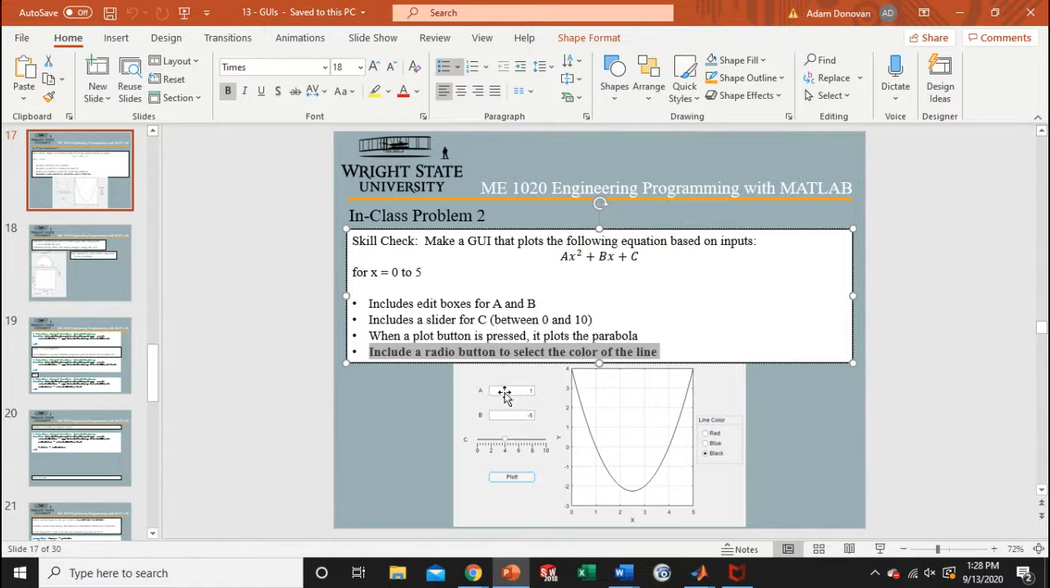And the way I want you to test this is to put in these values: 1 for A, -5 for B, and 4 for C. If you select black and you get this plot, you know you did it all correct. So you should have a way to check your solution once you're done. So go ahead, do that for in-class problem 2, and next time I'm going to show you another layer of